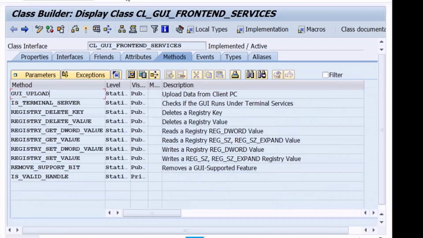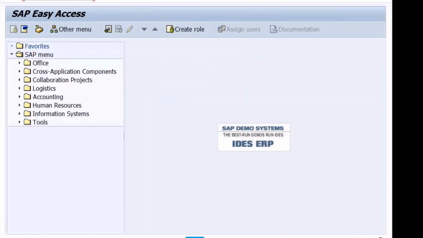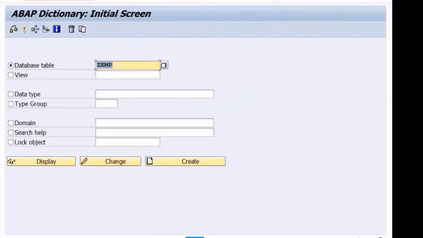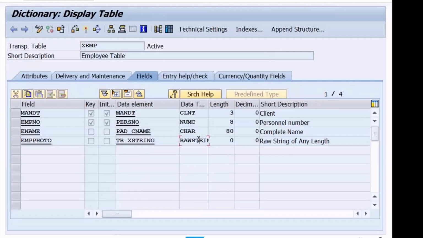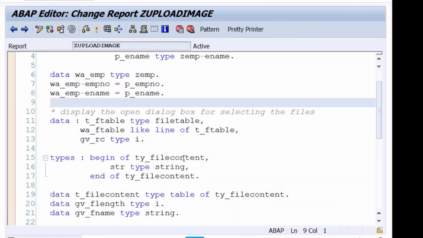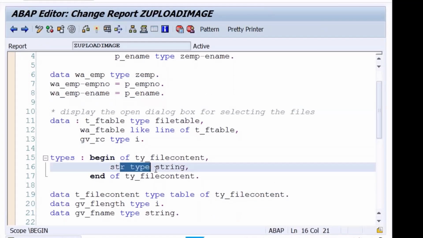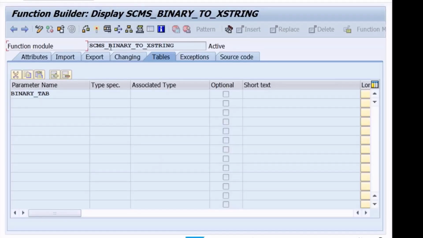But employee photo is what type in the table? Raw string. But this data is what type? String. It is of type string. So this string format I have to convert into raw string. So for that, I'll use the function module SCMS_BINARY_TO_